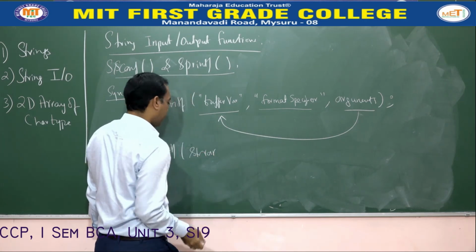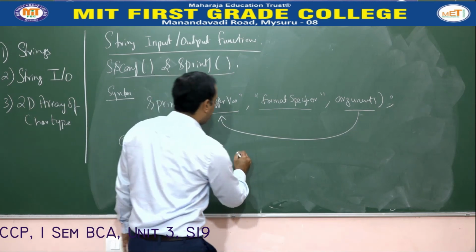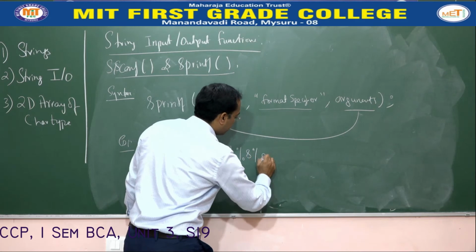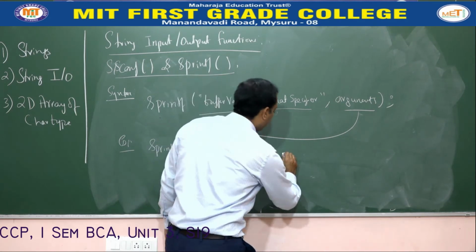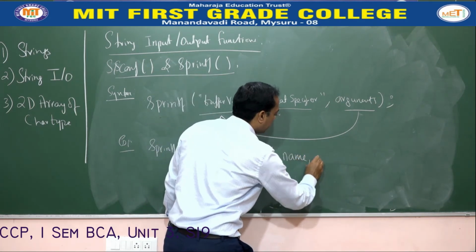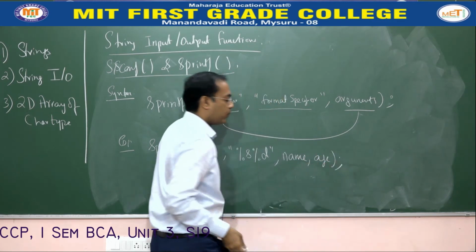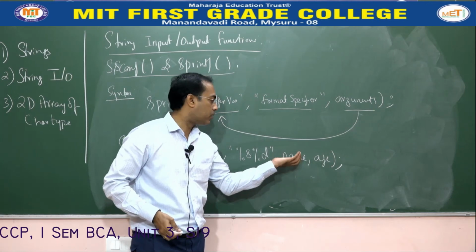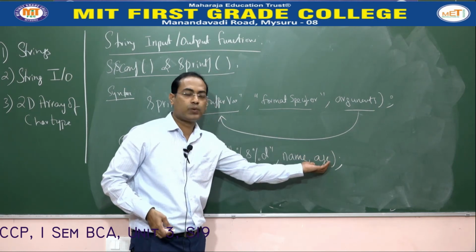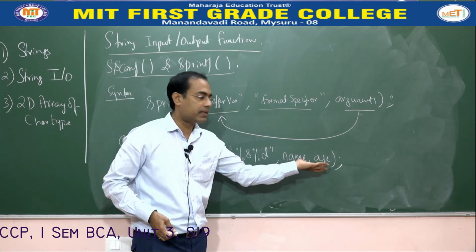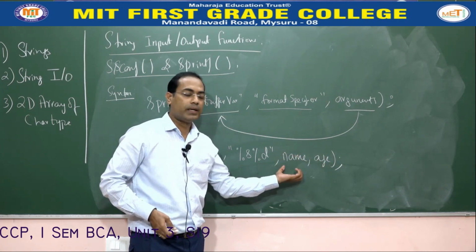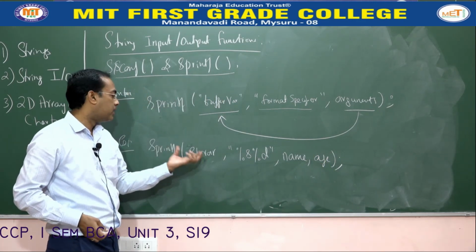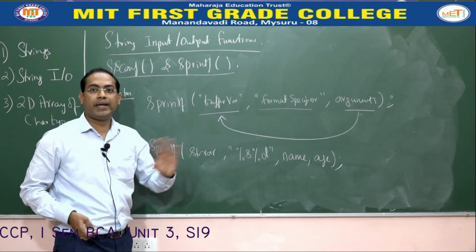str variable, and the format specifiers are %s and %d. Maybe name and age are the two variables, where you have stored some name, and here you have stored the age as 39. Or directly you can give Mohan and 39, and it will be copied to the string variable. So it is not going to display anywhere.